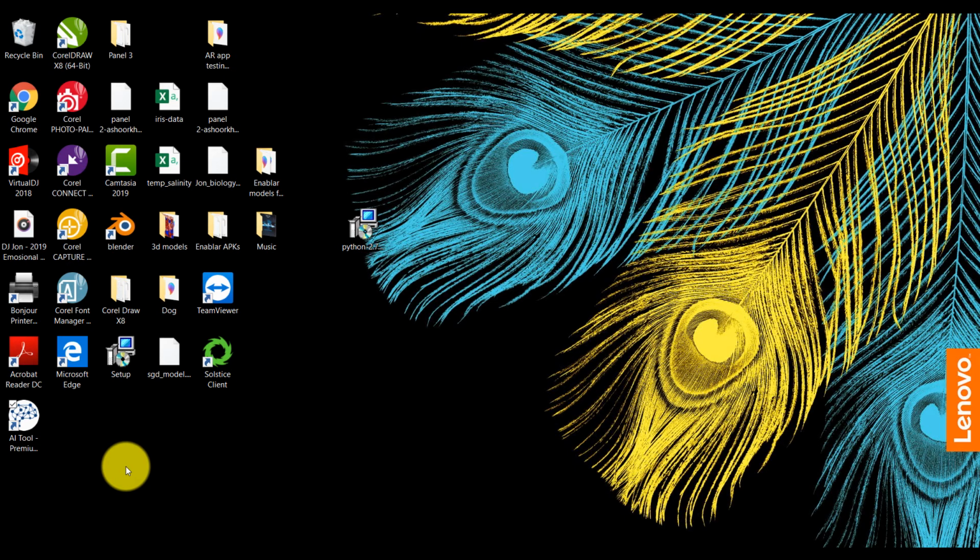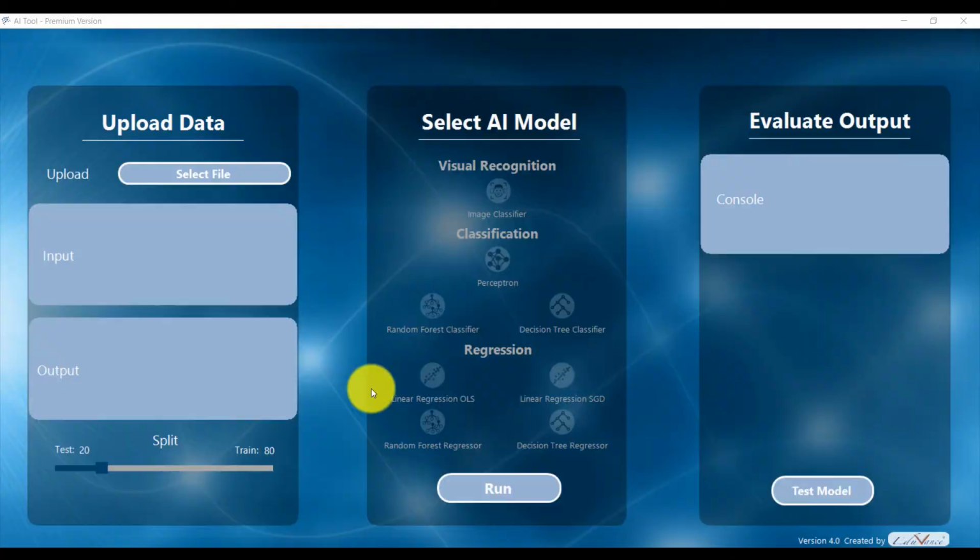So the AI tool is installed on your desktop. Go ahead and double click on it. Your computer might ask you, do you want to make changes? Say yes. So this is what your Eduvance AI software looks like. It is divided into 3 sections: upload data, select AI model, and evaluate output. The 3 sections are fairly clear and they explain what they do.